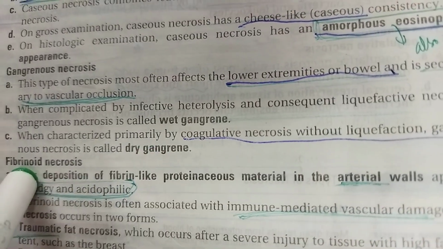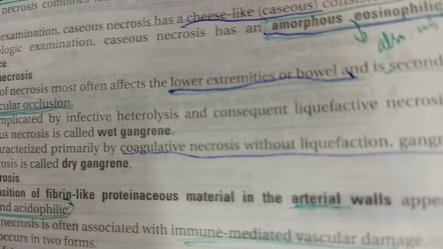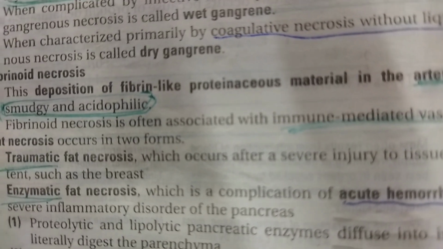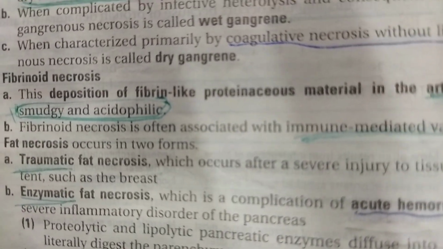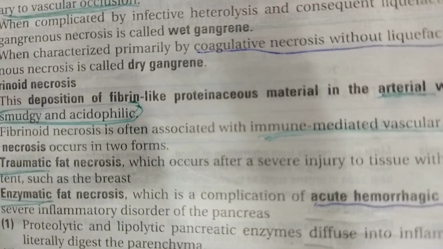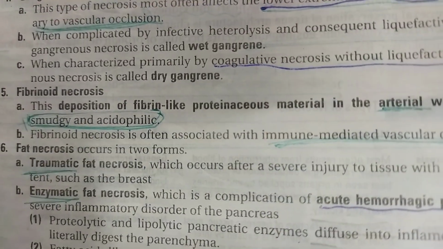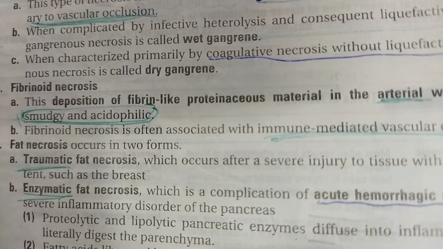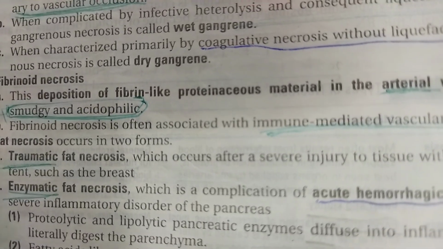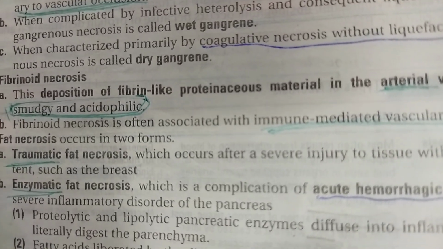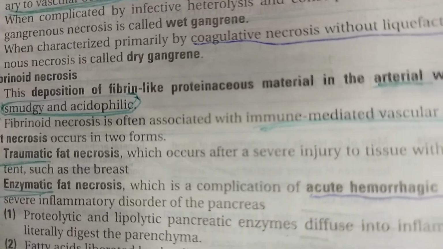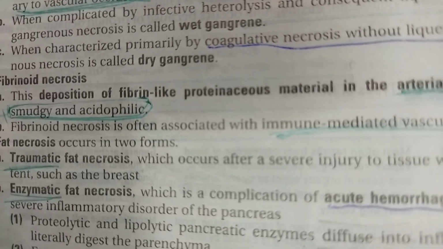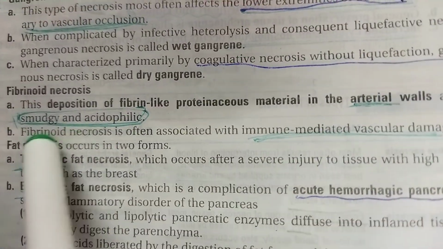Now we see fibrinoid necrosis. What I remember from the table is that in fibrinoid necrosis there is deposition of fibrin, it is seen in autoimmune disease, and there is a smudgy pink appearance. It is different from coagulative, liquefactive and caseous necrosis because there is no occlusion or ischemia, while in those necrosis types there is occlusion of blood supply. Fat necrosis is also different from the rest of the necrosis types.